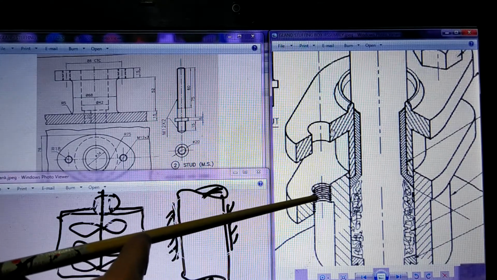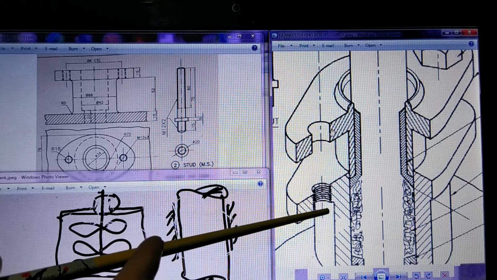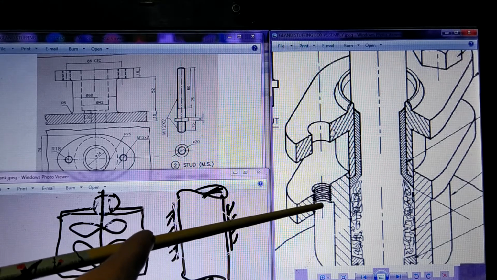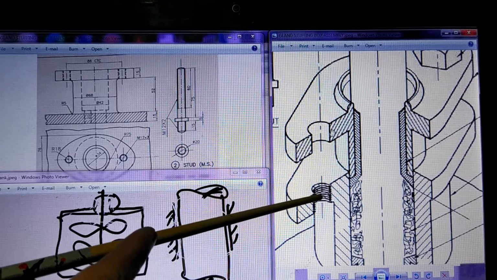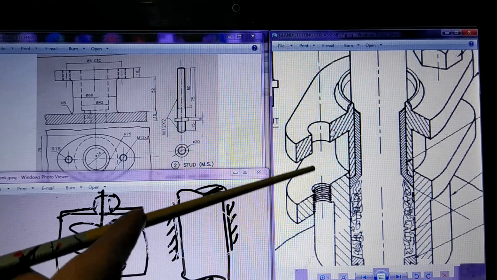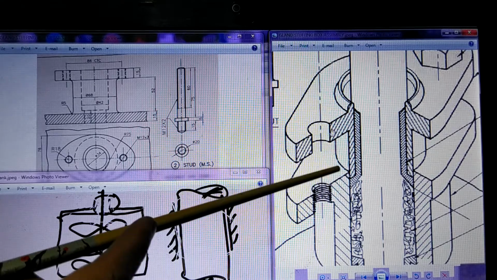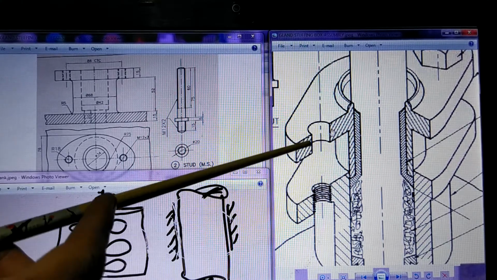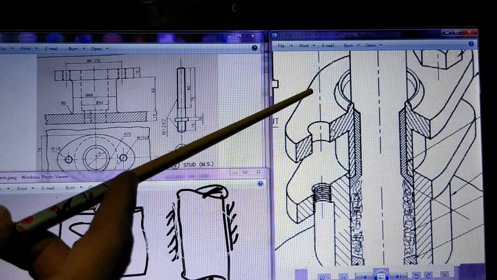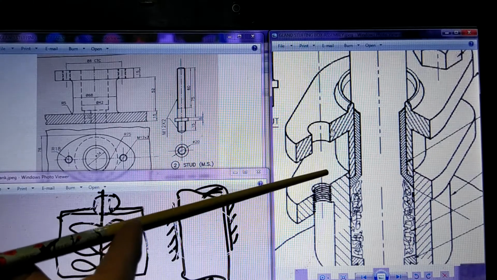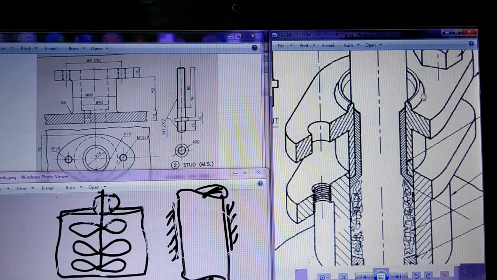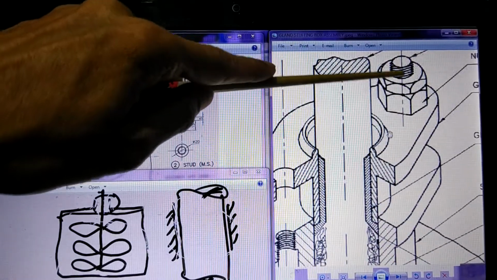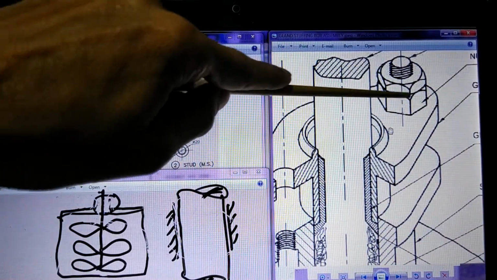Now last time, if you remember, we have drawn different types of studs. So what is a stud? A stud is a part which has threading on one side and no head like a bolt. So there is one stud which will come here. The stud will be fitted here in the threading, and this part of the stud is free in this hole. The stud will have another threading on the other side also, and that threading will be engaged with this nut which is placed here.